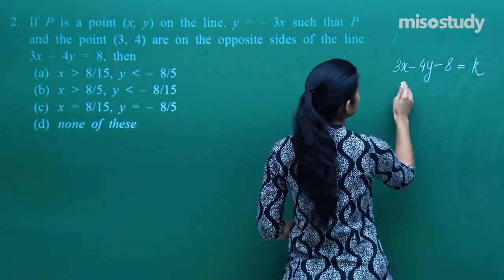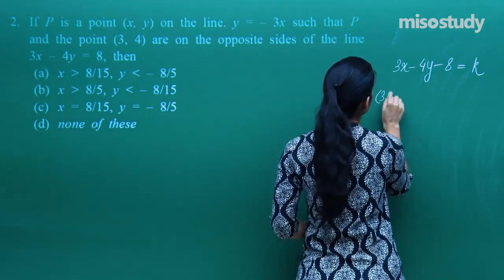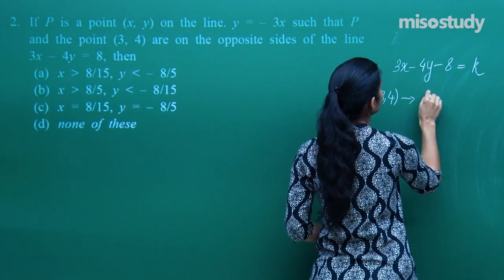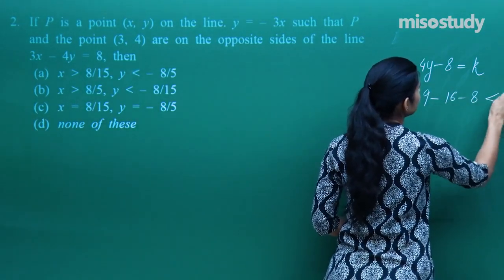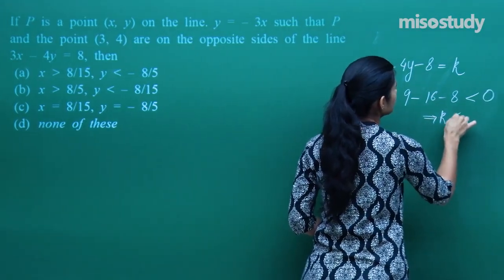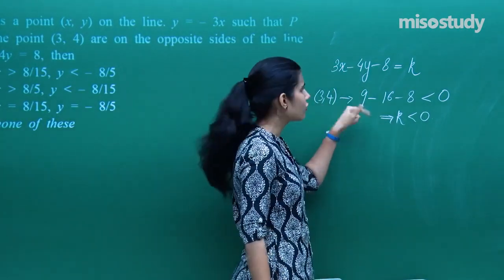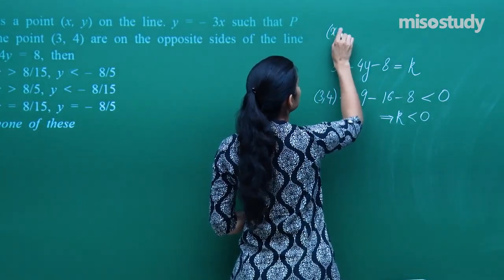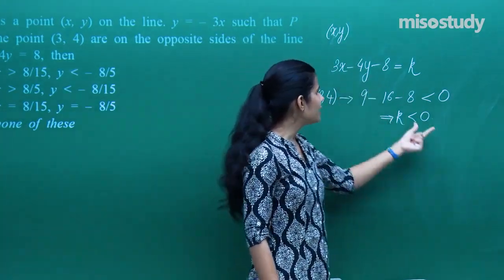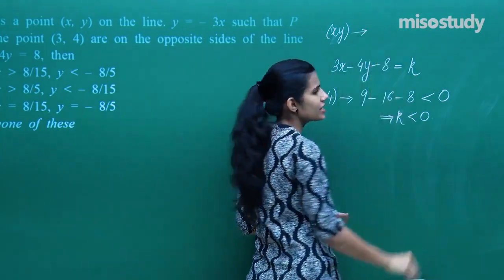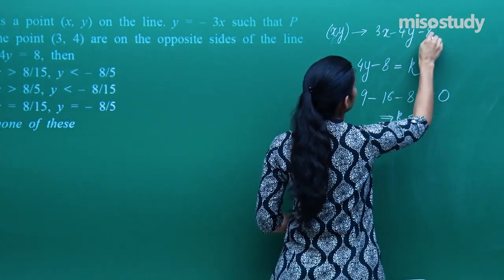(3, 4) is lying on some side of this line, right? So, when you plug in (3, 4) in place of x and y, you get 3 into 3, that is 9, minus 4 into 4, that is 16, minus 8, this is clearly negative. Now, if on one side of the line (3, 4) is lying and on the other side of the line (x, y) is lying, the side on which (3, 4) is lying gives a negative value, so clearly for the side on which (x, y) is lying, I am going to get 3x minus 4y minus 8 is positive,